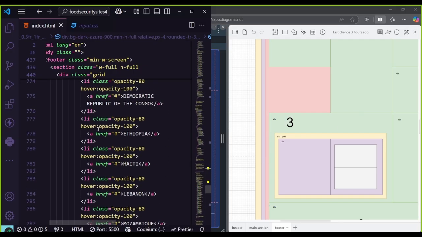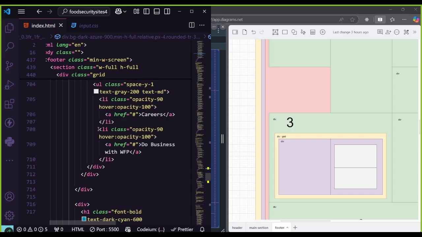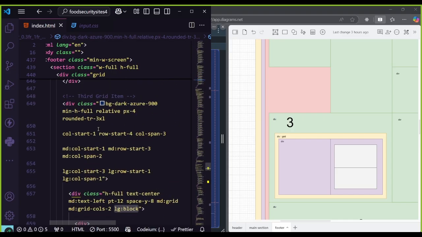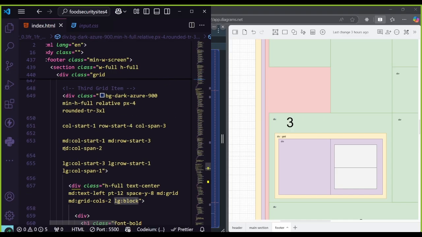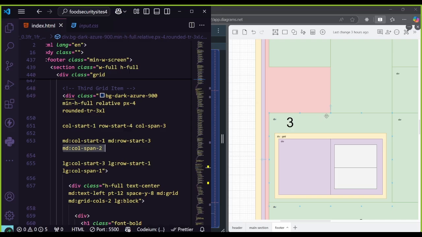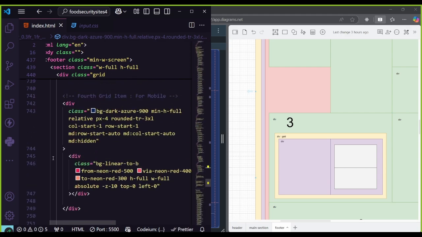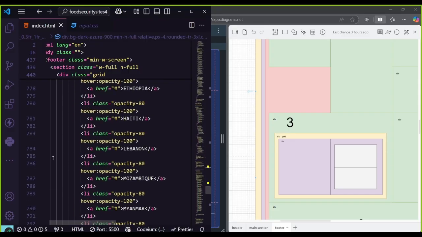So if you notice at the 3rd grade item, I span it, so at medium screen sizes, it's basically going to take up 2 column sizes. If I specify it 1, it's going to only reach until this far. If I specify it 2, it's going to take up 2 column spaces, basically. And then for the 8th grade item,